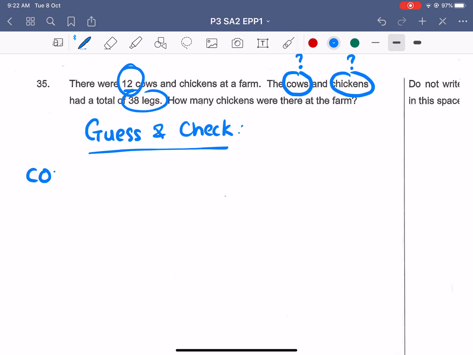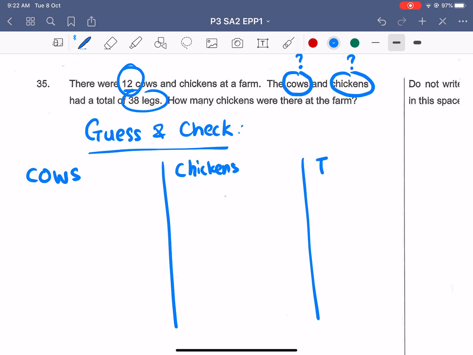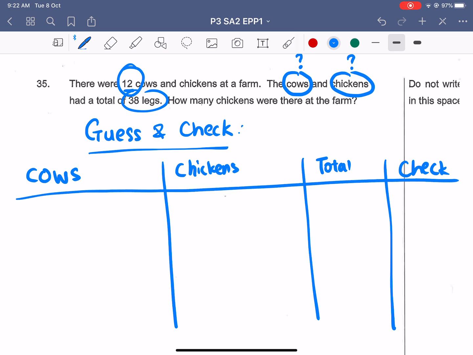You have got a title. Okay. You have got cows. You have got chickens. And you have got a total. And you have got the check box. Okay. So I am not using ruler, but I suppose you have to use a ruler in order to draw it neat. So we do not know how many cows, how many chickens there are. I'm just going to put a box here,